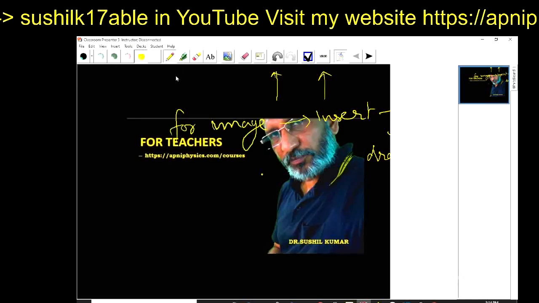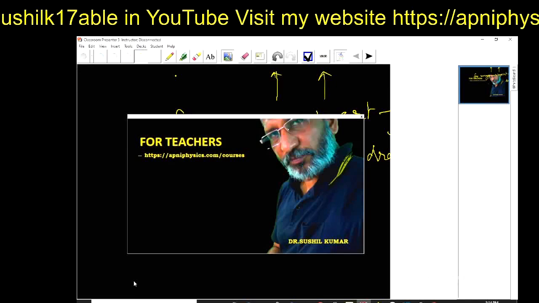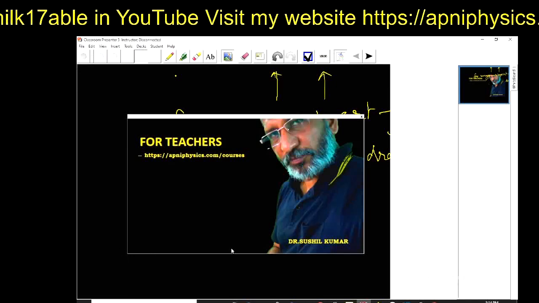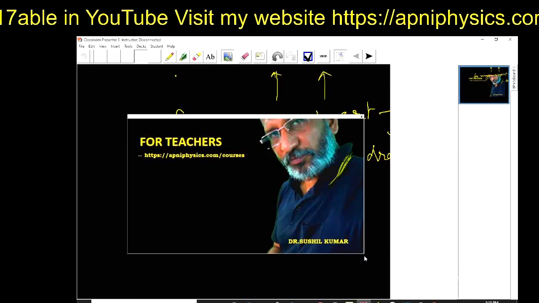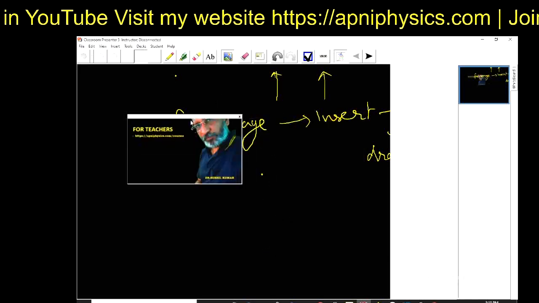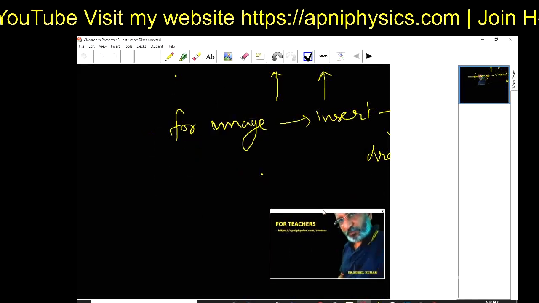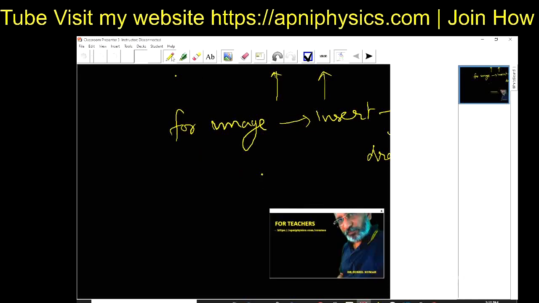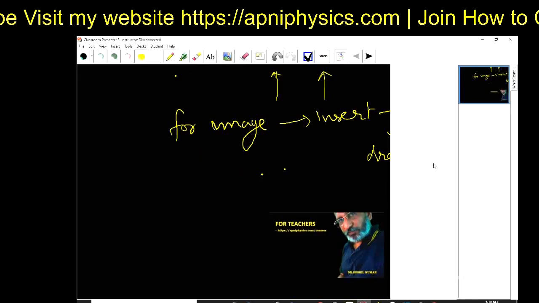Use the pen once again, and from this corner or any other corner you can reduce the size, and then drag it again, use the pen outside, and now you can write.